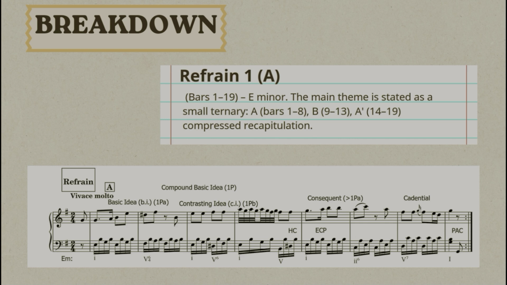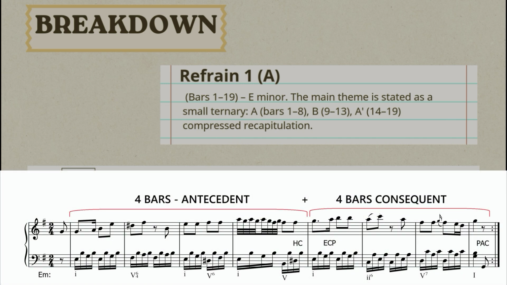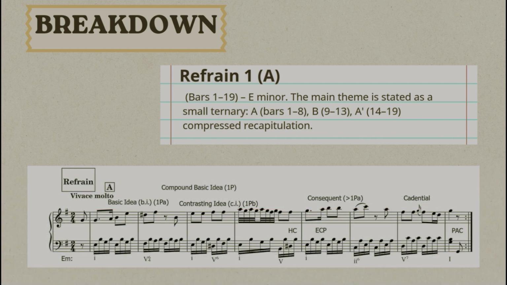The A section presents an 8-bar theme that is folk like and clearly phrased. This theme could be analyzed as a period, with an inner structure of 4 plus 4 bars, but it has a rounded design. It begins in E minor and surprisingly modulates to the relative major, G major, for a cadence. In fact, the first phrase ends with a perfect authentic cadence, also called PAC, in G major, illustrating Haydn's playful tonal shift even within the refrain.